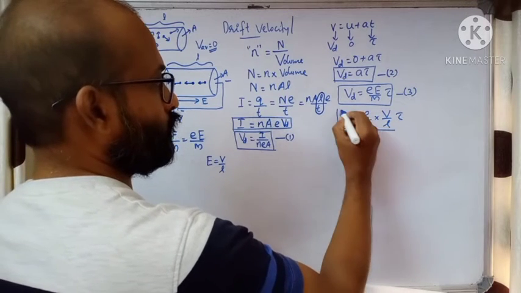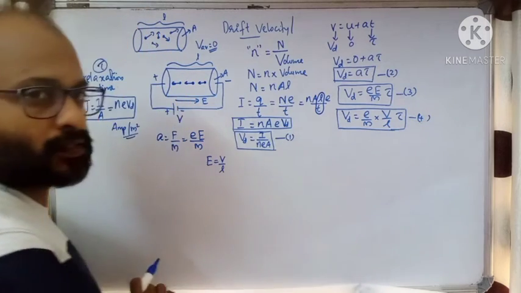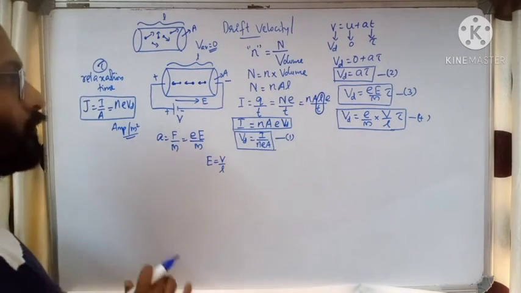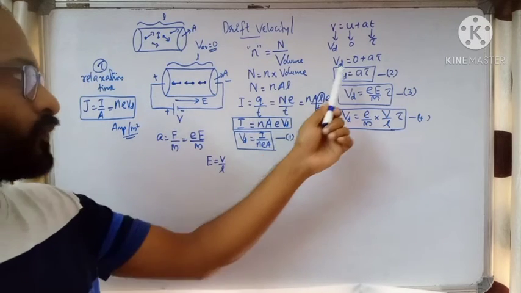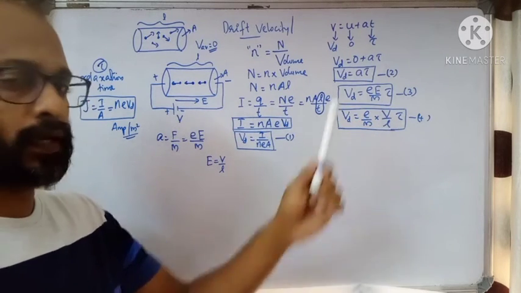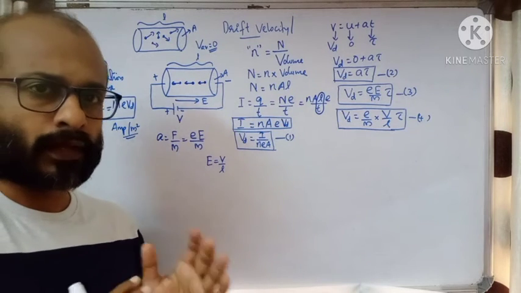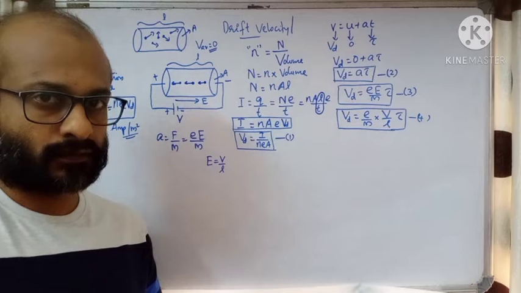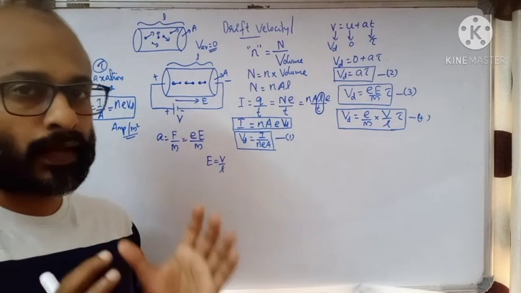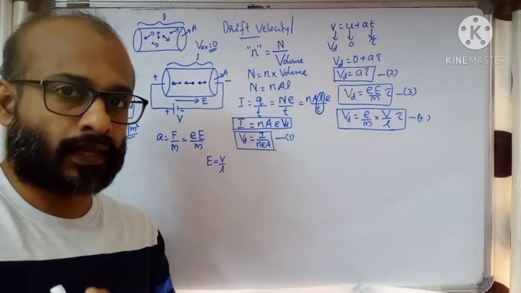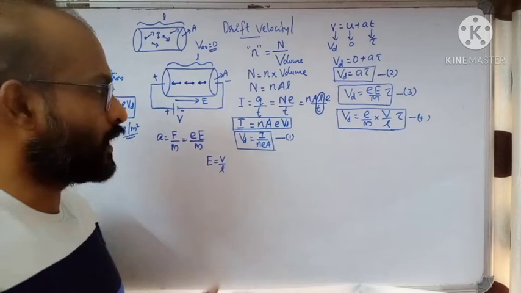This is another relation for drift velocity, in terms of potential difference. Okay, that's about drift velocity. We have got different expressions for drift velocity in terms of current, acceleration, electric field as well as potential difference. Now with the help of this concept of drift velocity, we need to obtain the equation for resistance and resistivity. Before that we need to see Ohm's law. With the help of drift velocity, we can see Ohm's law microscopically, in terms of length and area of cross section.